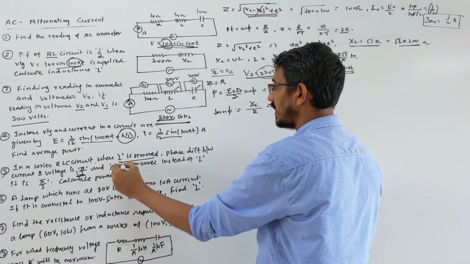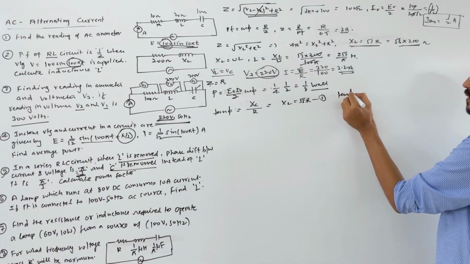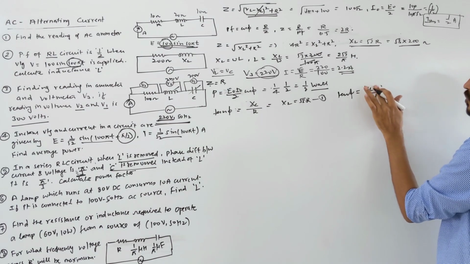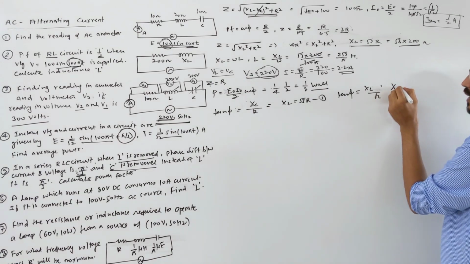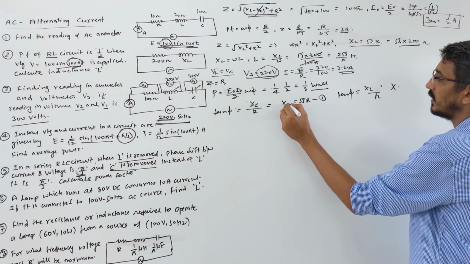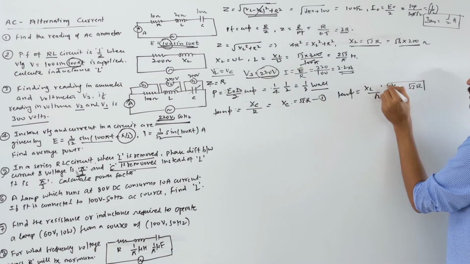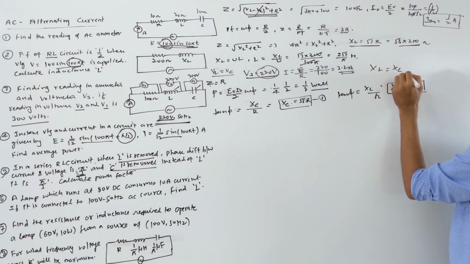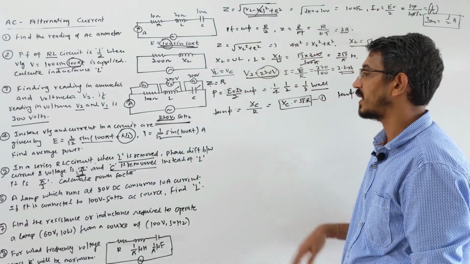Second time, when C is removed, again the phase is given. So again the formula tan phi is equal to XL minus XC by R. C is removed means XL by R remaining, again phase is given 60. So here I did wrong, this is XC, and this is XL. What is the answer coming? Again root 3 into R. Watch these two equations. XL is coming equal to XC. Both are coming root 3 times R, right? Root 3 times R means resonance is happening here.